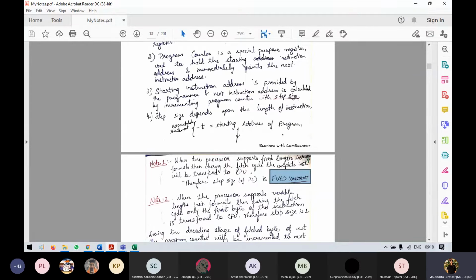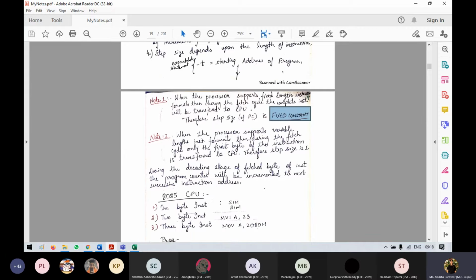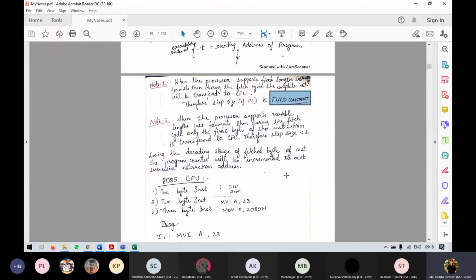So all those instructions will be sent by the processor itself. This is written in note 1 and note 2. Now, in the 8085, there could be any number of operations. If it is a 1 byte operation, you will find a single operation written. If it is a 2 byte instruction, then there will be one instruction and some values which need to be stored.